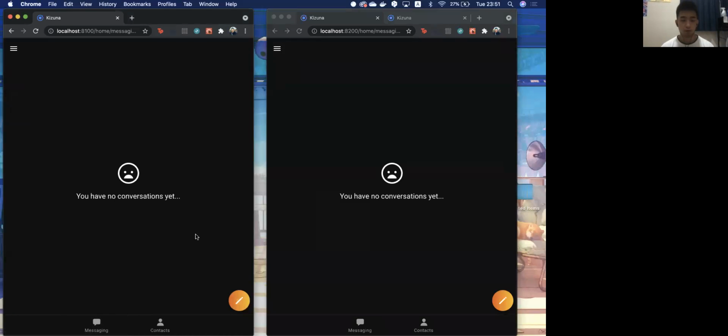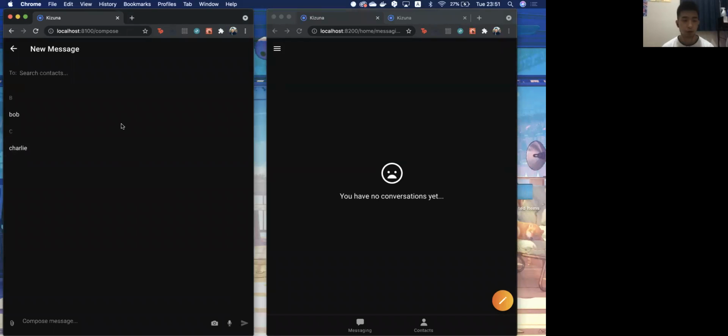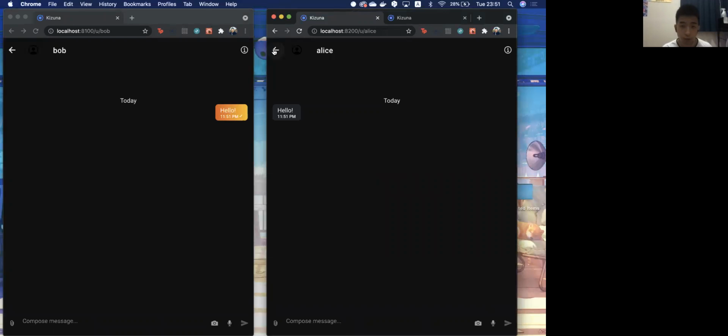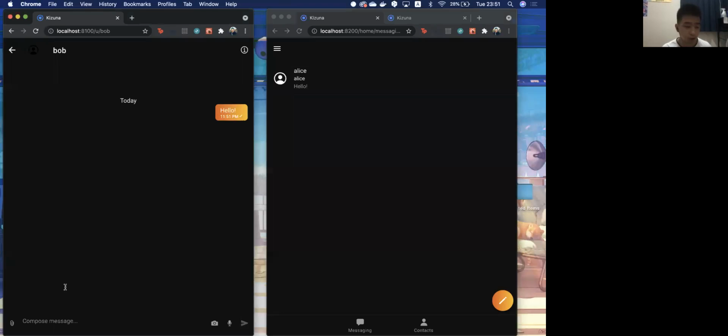All right, so here there's Bob, and we could say hello, and that will pop the message on Bob's screen, right? And this is an unread badge count that we usually have in any messaging application. So if Bob reads the message, of course, the red badge is gone. And as you can see here, the check mark is now, this is a bit small to see, in double check.